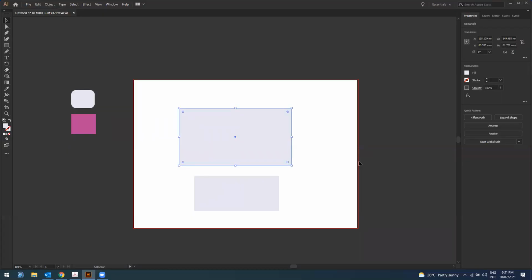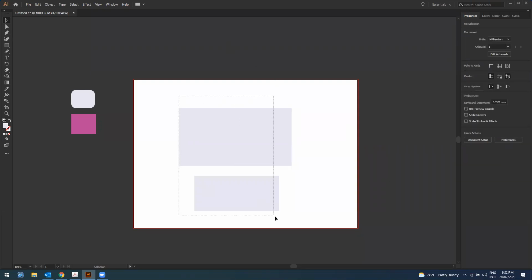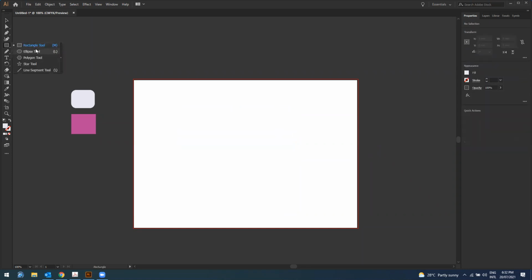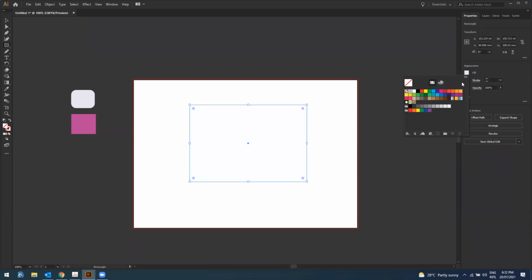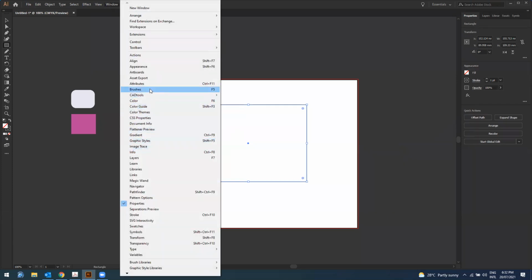So that was on color. Please try how you can change color, and if there's anything you can ask me. Next, if I have, for example, this, I give it no fill, and then I can give it a stroke, say black, and then I go to Windows and Brush,